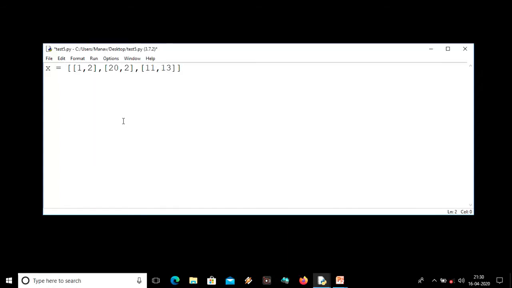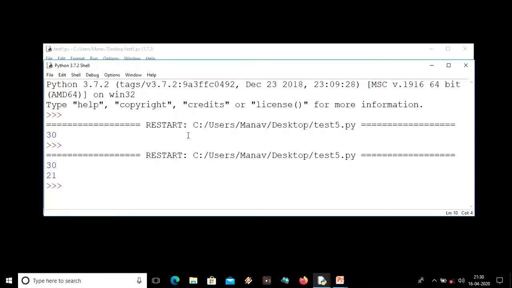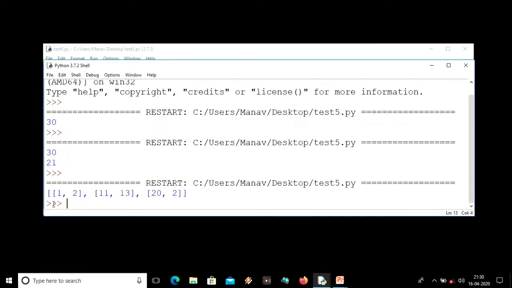Okay, that's enough. Now we have x. When we call x with the sorted method, let us suppose we are using print(sorted(x)). Then it will sort x by the first values of all the lists. Let me show you the result. Here it is. As you can see, it is sorting by the first items.